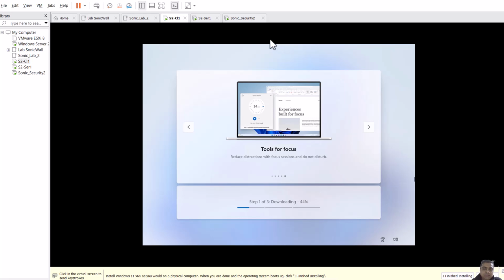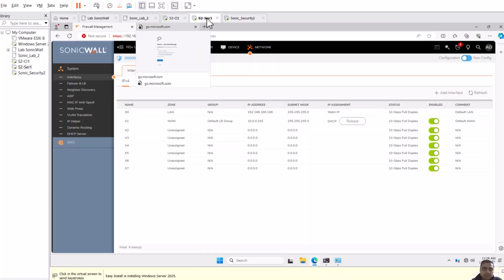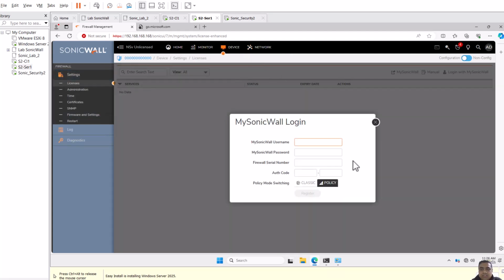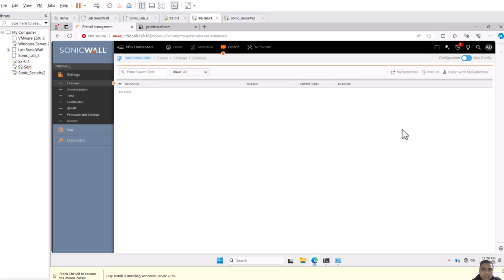Okay, let's configure this one. But our device is not registered. That's why we have not seen the policy option here. We have network, devices. We have to log into the SonicWALL with the serial number and the username, password, firewall serial number, and authentication code, and it will go to the license. So we can register this one. Okay, let's